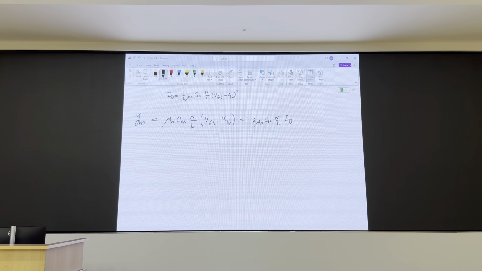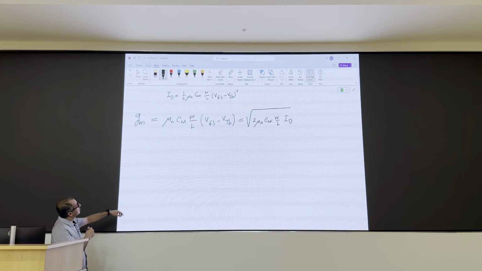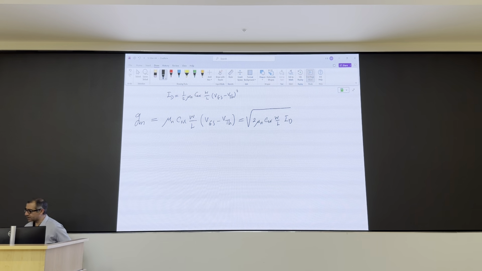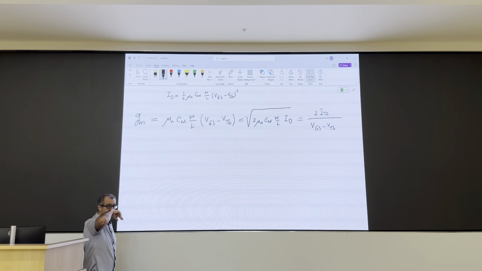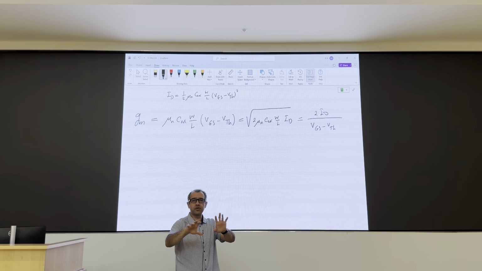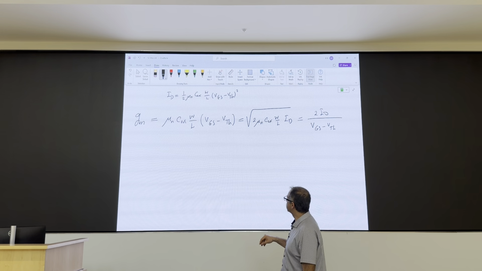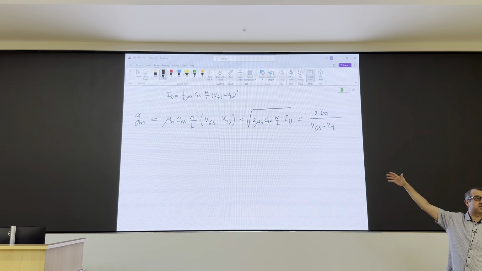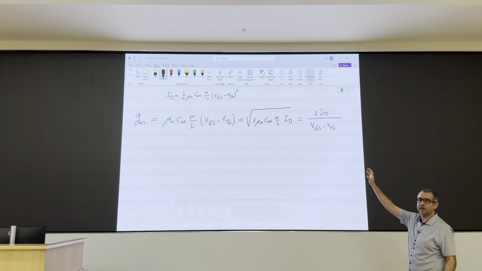And of course, this is DC ID, right? And then also, looking at the equation at the top and the equation at the bottom, you can see that you could also write this as 2ID over VGS minus VTH. Right? All three of them are the same. Depending on what is available to you, what information you have, you're going to use one of these to calculate your GM quickly. But the point here is that for GM, to play with GM, you have one extra parameter in